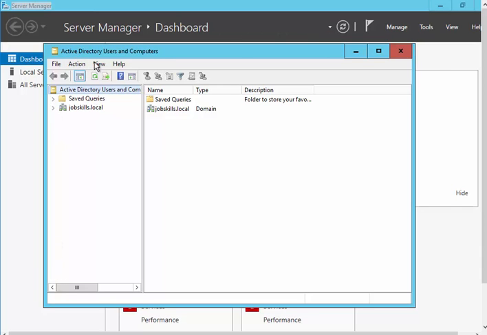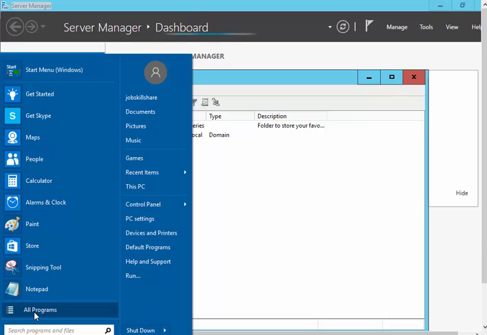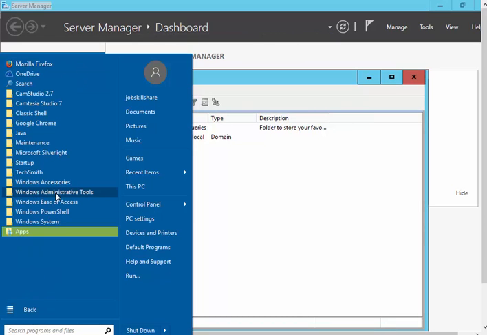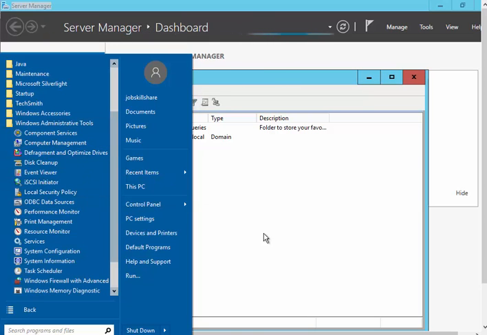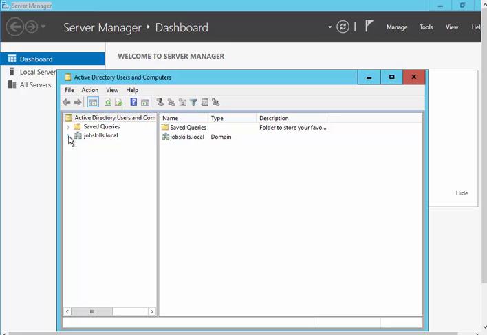So basically on your computer, when you install that tool, you will see these Windows Administrative Tools on your computer. So then you don't even have to log into the server. You can log into your computer at work, and then you will see this part, and that's where you can access all these features. Now you can see we have a domain right here. This is where you will see your company name. It could be, let's say, jobskillshare.org.